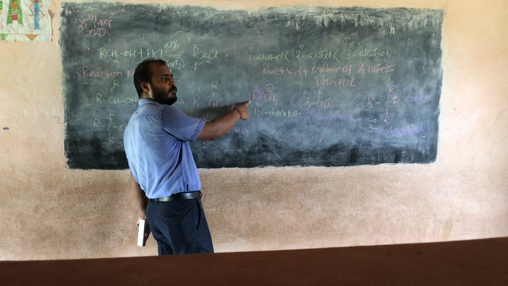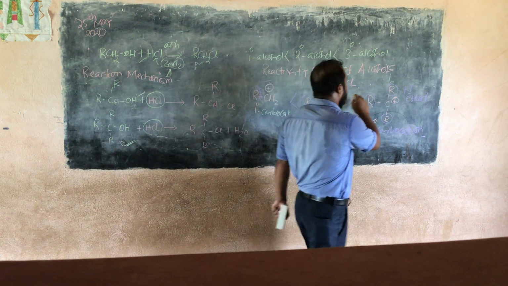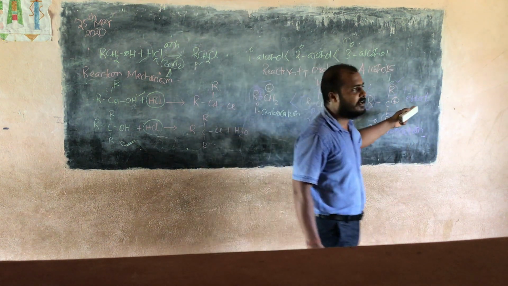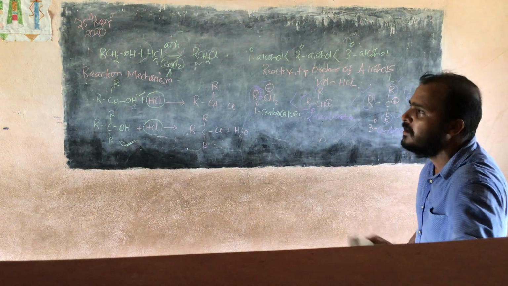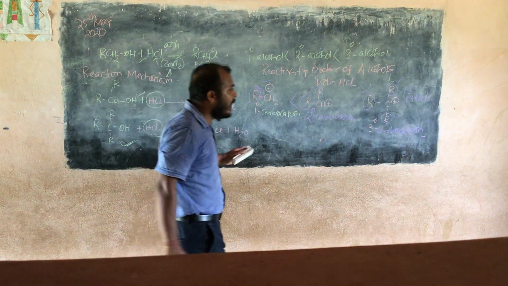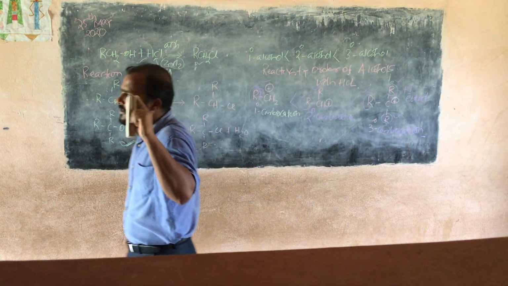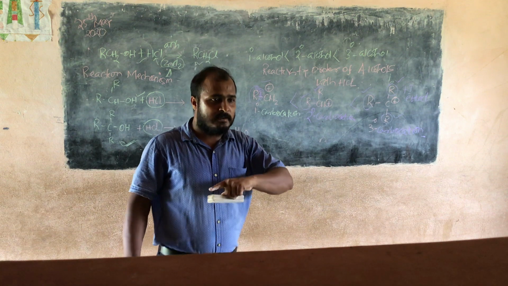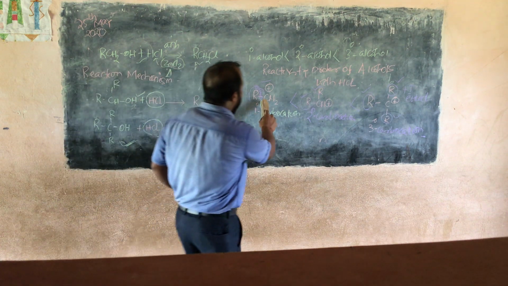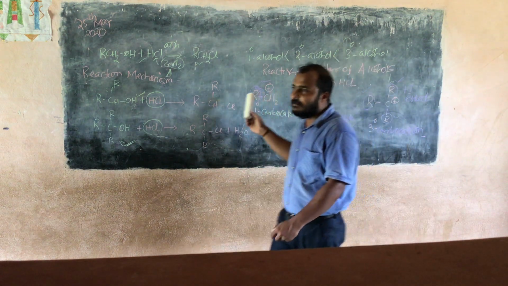Here there is one electron pushing group. Here there are two electron pushing groups. Here there are three electron pushing groups. So in tertiary carbocation, due to the presence of 3 plus I groups, the extent of neutralization of the positive charge is more. That's why tertiary carbocations are more stable in comparison to secondary carbocations, and those are more stable in comparison to primary carbocations. So this is the stability order, because these are reaction intermediates.